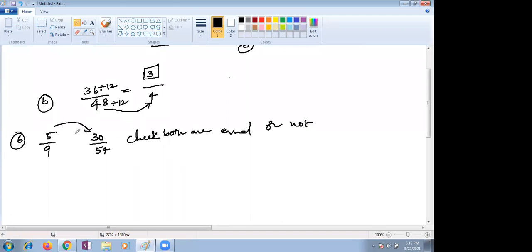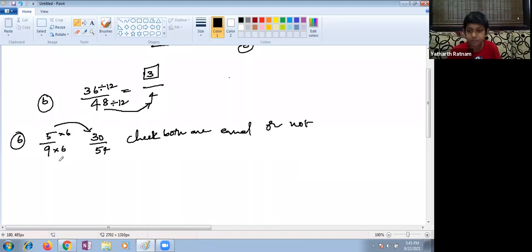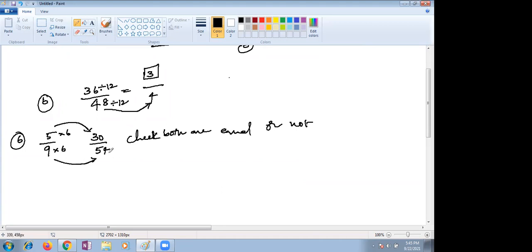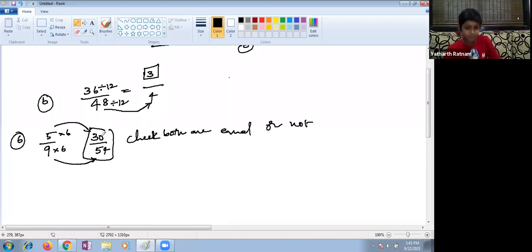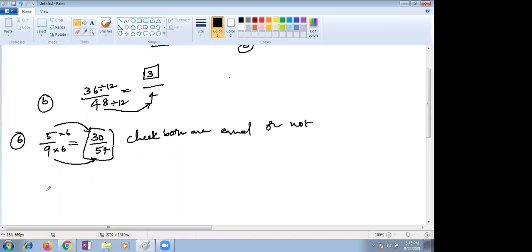So you see 5, how many? Ma'am, 5 6s are 30. And 9 6s are how much, Nana? 54, ma'am. So it is true. Both are true, right? Yes, ma'am. So we can go with equal, right? Equal, both are true. In the same way, you check the B bit also, children. 3 by 10 and 12 by 50.